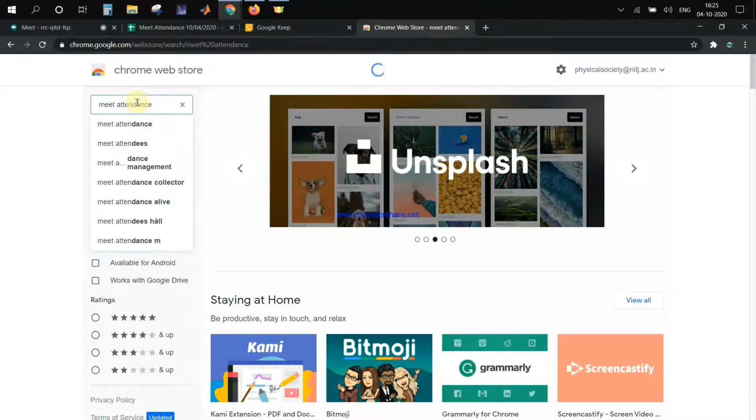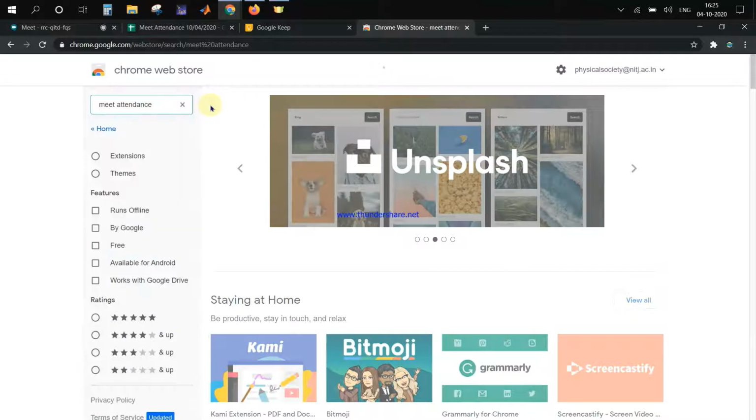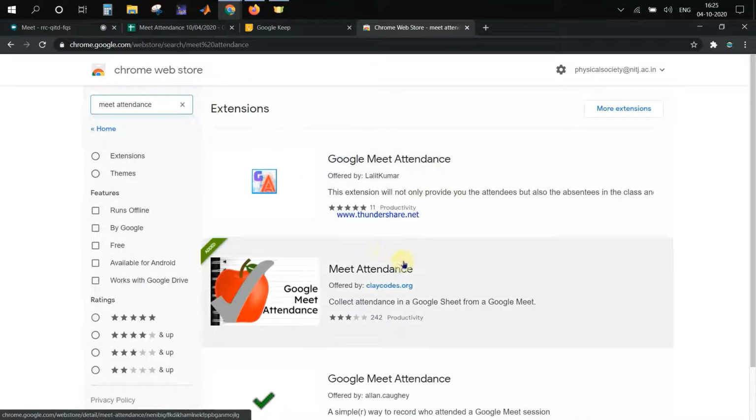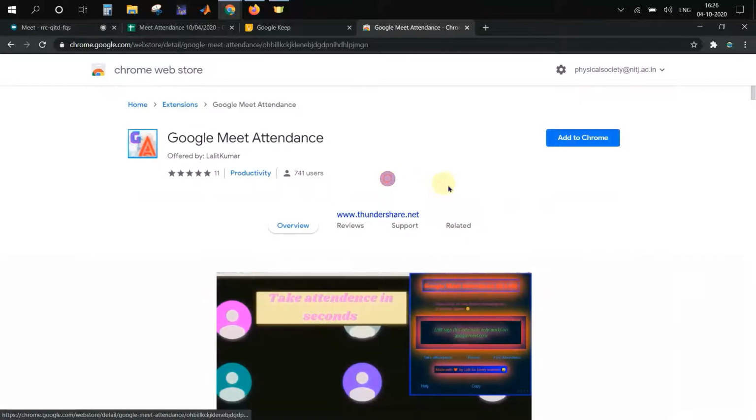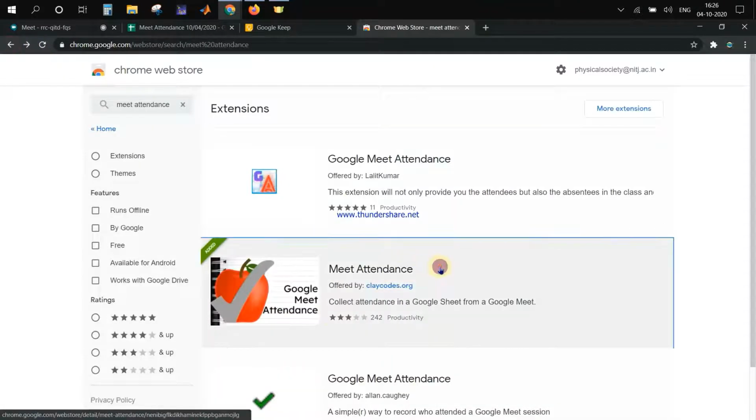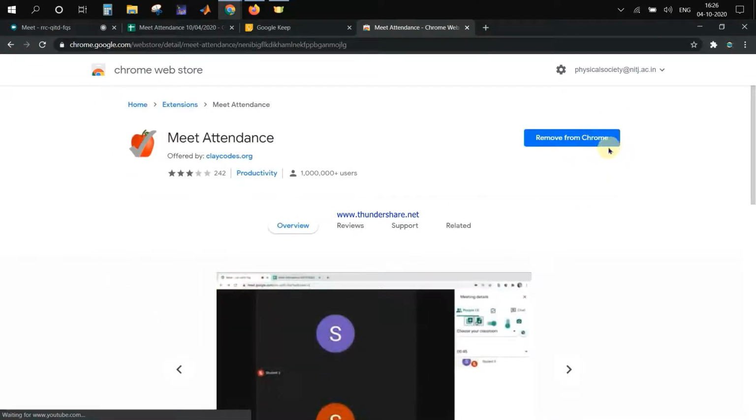Okay, so here we go. So I have installed this Meet Attendance. This is already added. So you can click here, like in this example, you can add to Chrome here. I have installed this Meet Attendance, and it shows remove from Chrome because I have already installed it earlier.